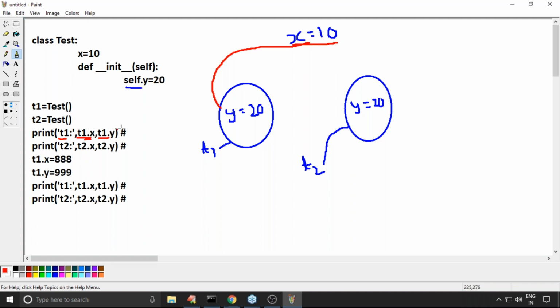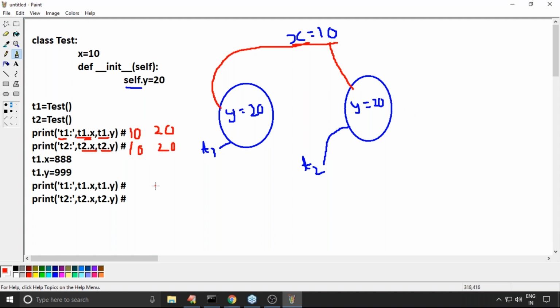So t1.x means 10, t1.y means 20. 10, 20 is there. Next, print t2.x, t2.y. Sir, now same: a static variable you can access by using an object reference, no problem, because the x instance variable is not there. That's why 10 and 20.